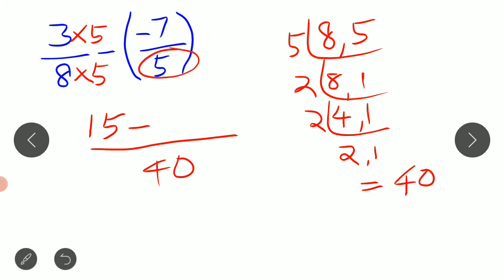Then take the second denominator 5. With 5, what is to be multiplied to get 40? Of course, it's very easy, no? 5 8s are 40, is it? So with the same factor 8, let's multiply the numerator also.